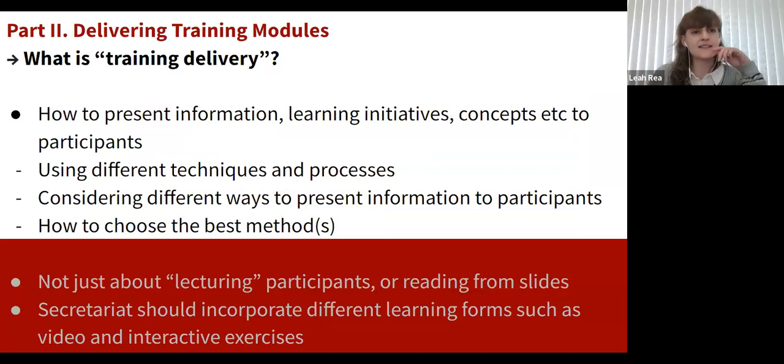Now, looking at part 2, delivering the training modules, I firstly really want to emphasize that for me, it's about training delivery. Because as I've tried to emphasize in this presentation, but in previous webinars, the focus is participant-centered learning and skills-based learning. And I think just to say that we are teaching participants does a disservice to the secretariat members who design and deliver the training, and a disservice to the broader concept of the Padova Model UPR, because we really are,